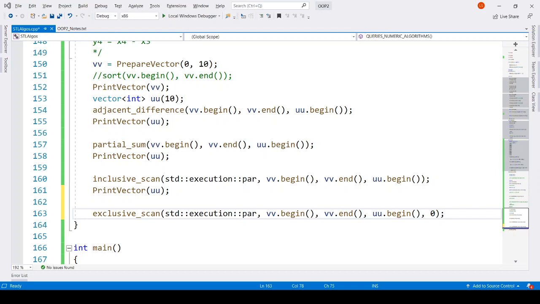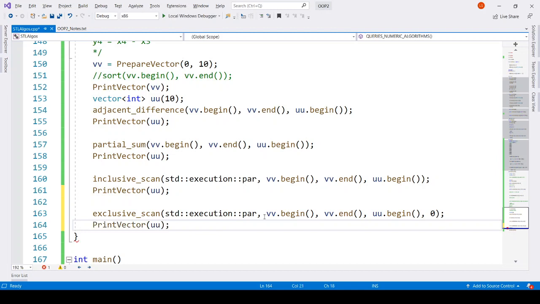Is that enough? And let's see what it prints. Okay, so we will remove this partial sum printing because it is the same as inclusive scan. Let's see what is the difference between inclusive and exclusive scan algorithms.